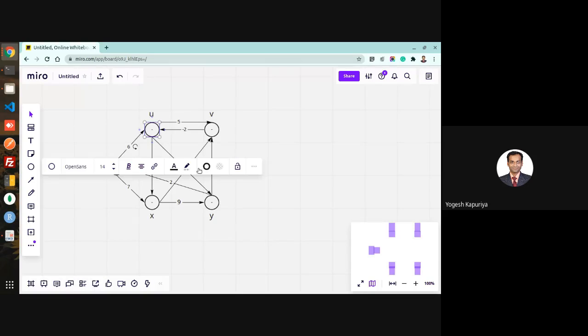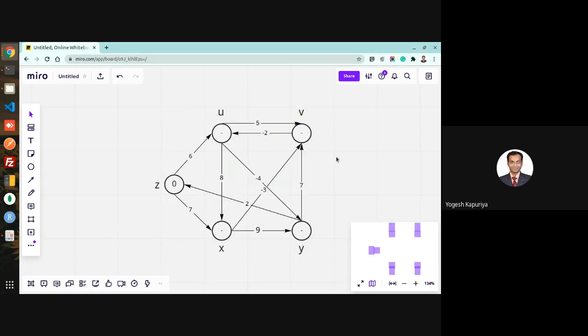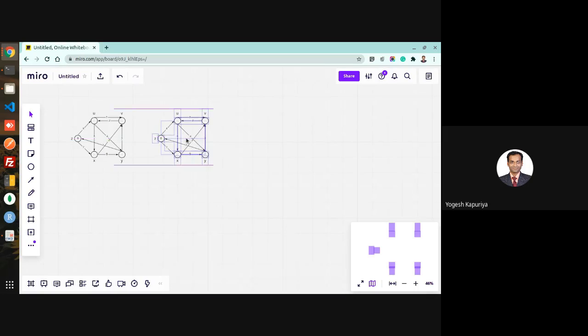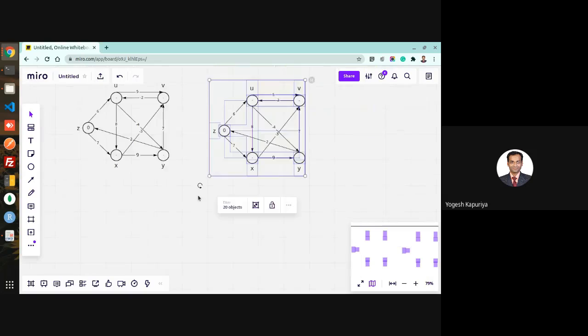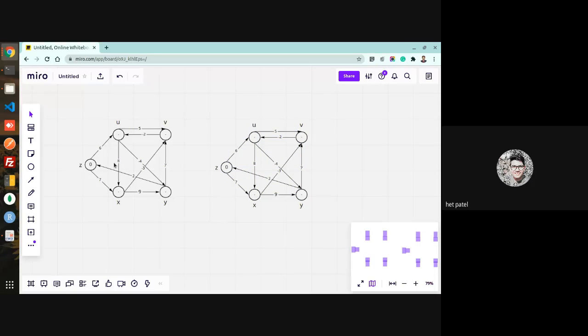So initially it starts with 0 and this is infinity. So the first time, each edge will be relaxed. So let's say this is my first iteration. After the first iteration, what we have is, if I relax this edge,